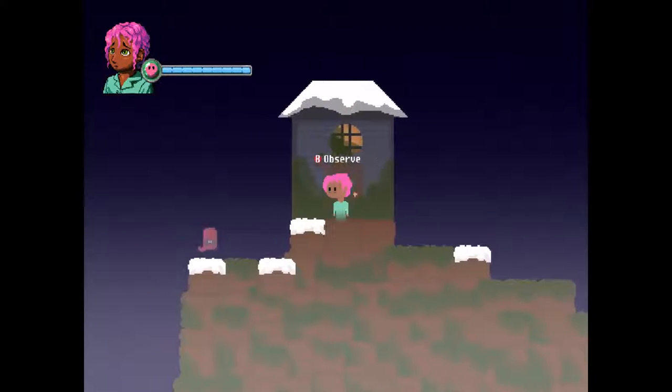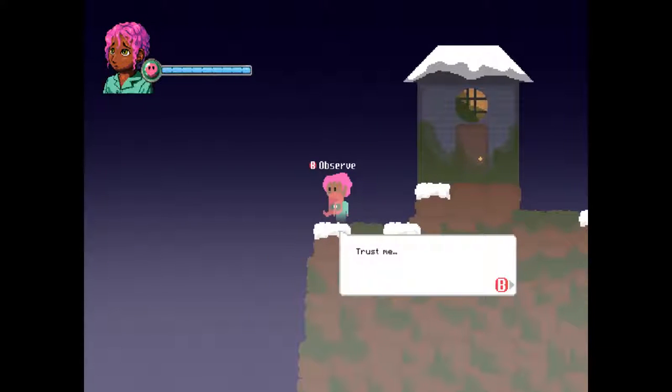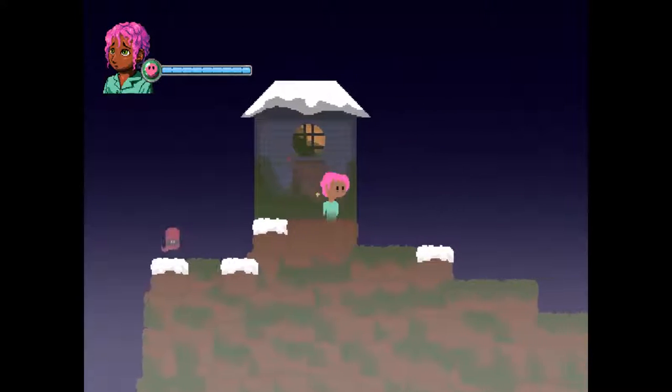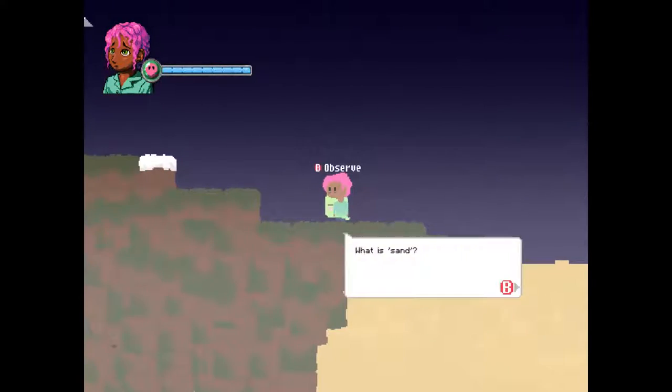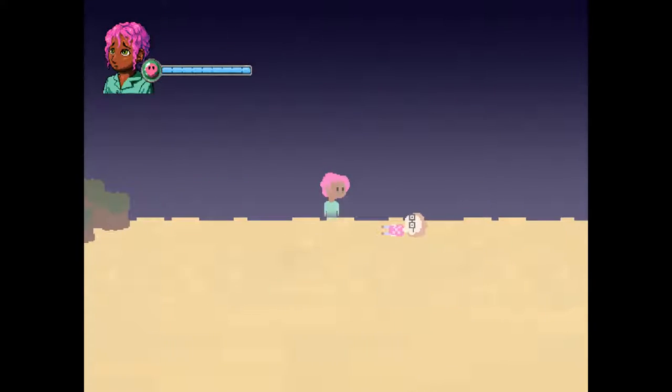So now you are essentially revisiting the town. At this point, you've gone all the way to the left, like there's nowhere else to go to the left, I guess. So you have to essentially just go all the way to the right. And one of the things that I wanted to do is give hints to end game content